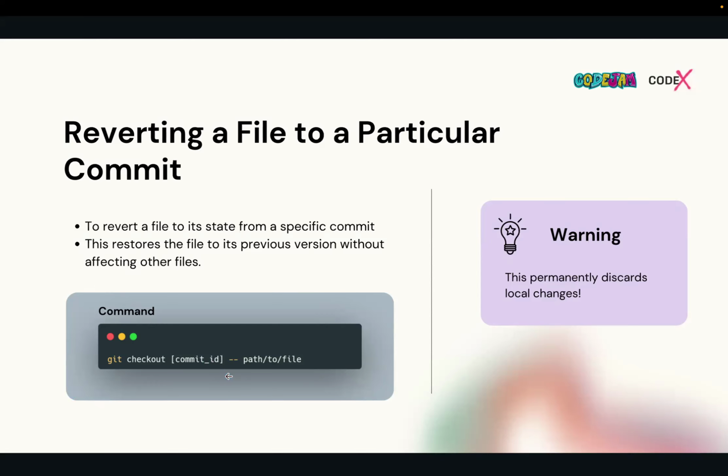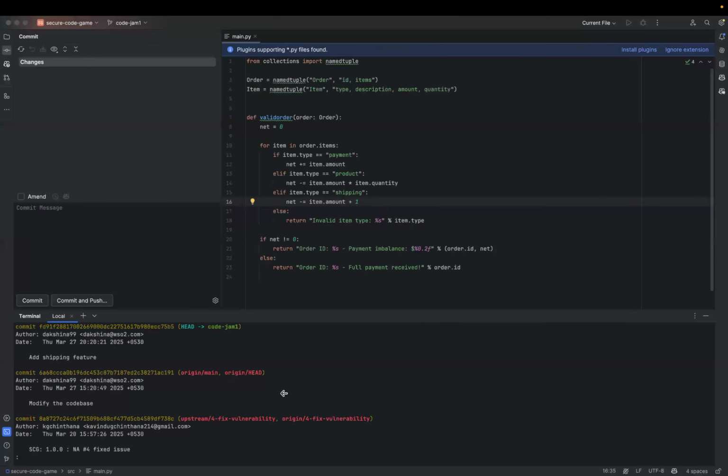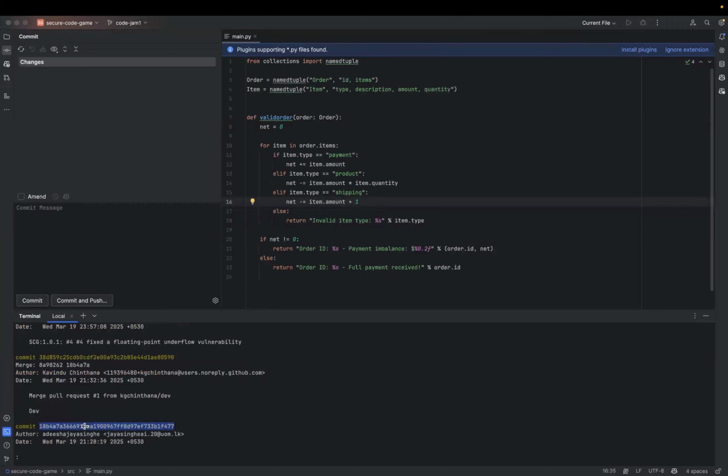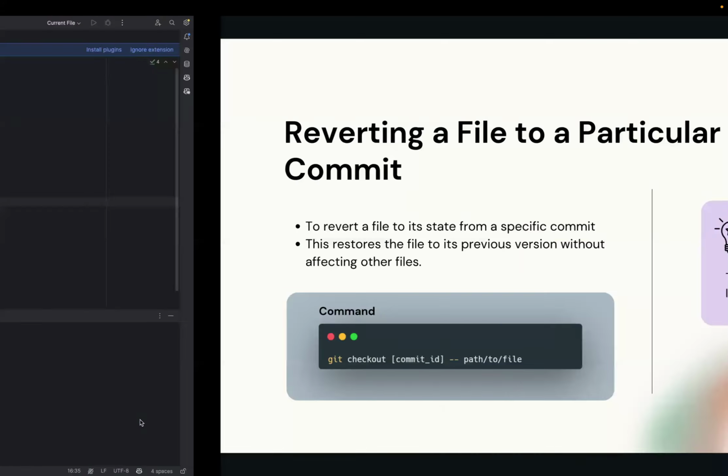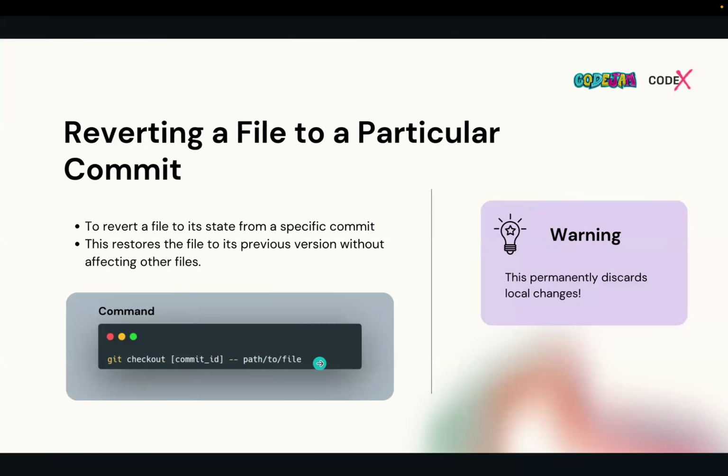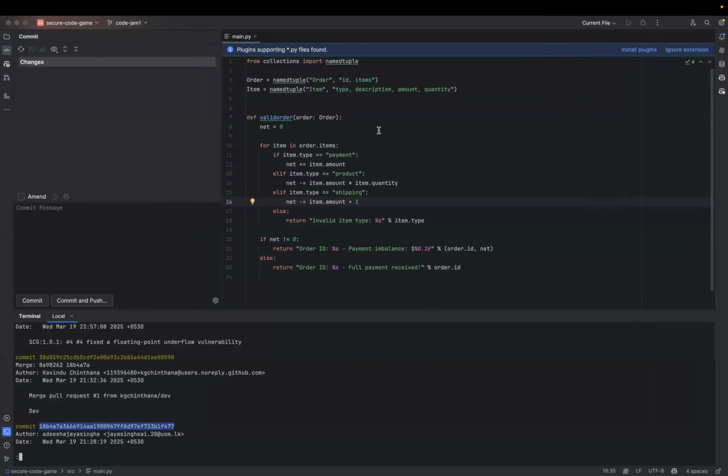Let's say in the timeline you have to go back to here. If you add the commit hash here as this, and then -- and the path to the file, it will direct this particular file up to this particular level.